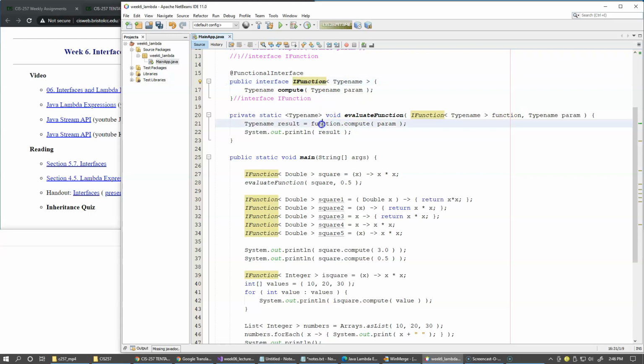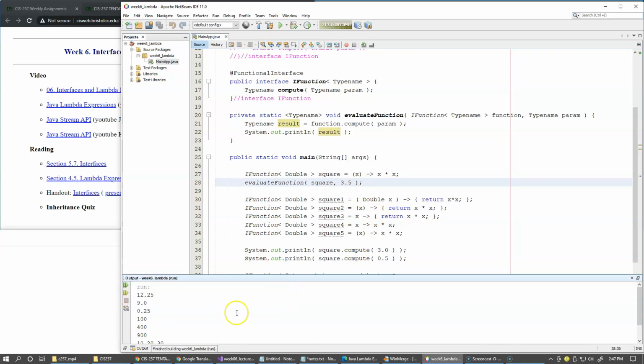And then we know that this function has a method named compute. So when we invoke this method compute, we pass the parameter which is passed as an input right here, and this is the definition of our computation, x multiplied by x. So this returns the same result type. We capture the result and then we return the result from here. We can try something distinct like 3.5 just to make it different compared to other results that we print in the sample. So just to run it as is, you can see that it prints 12.25